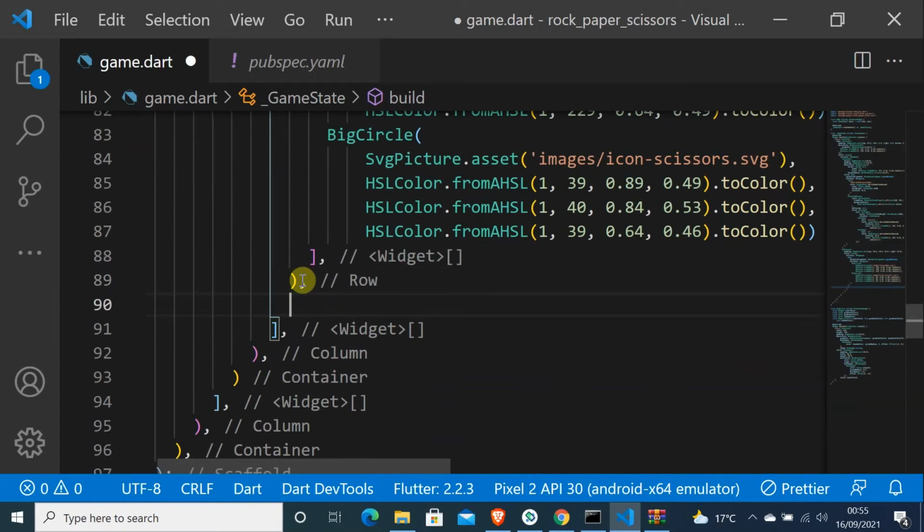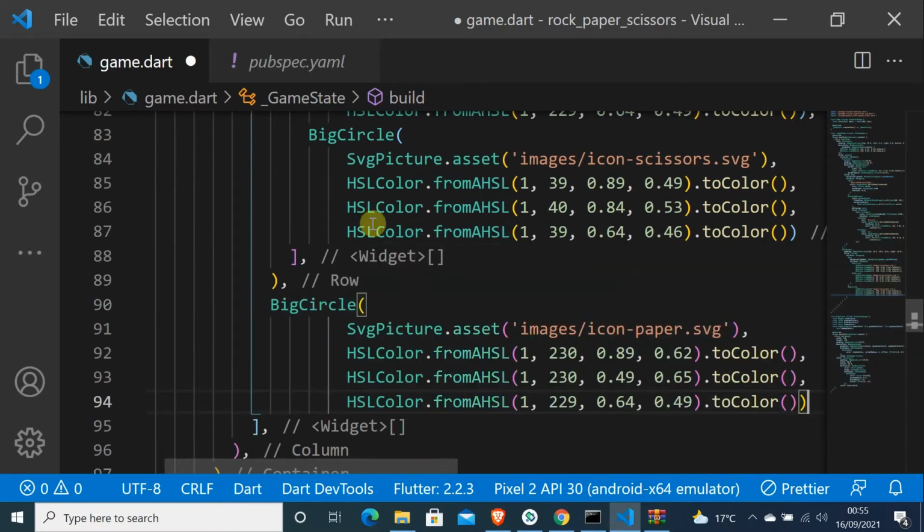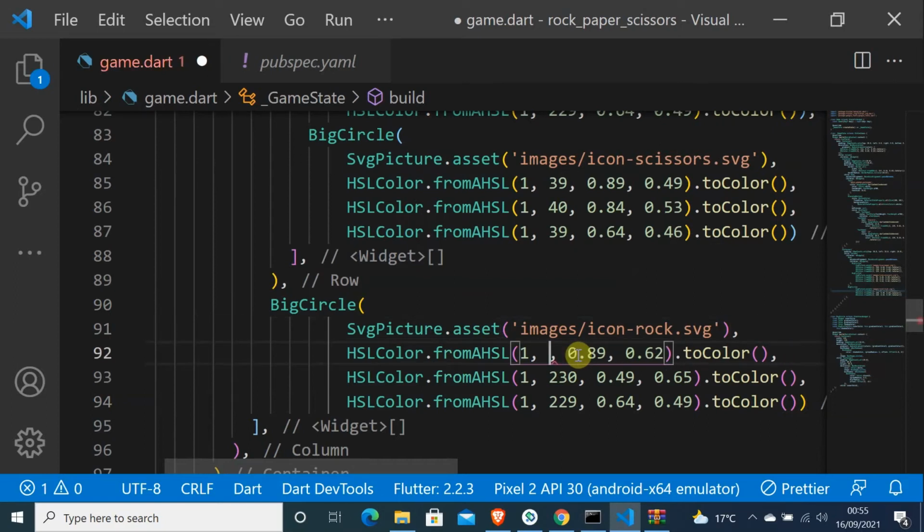Let me just paste it here, and it will be rock, and then here let me put